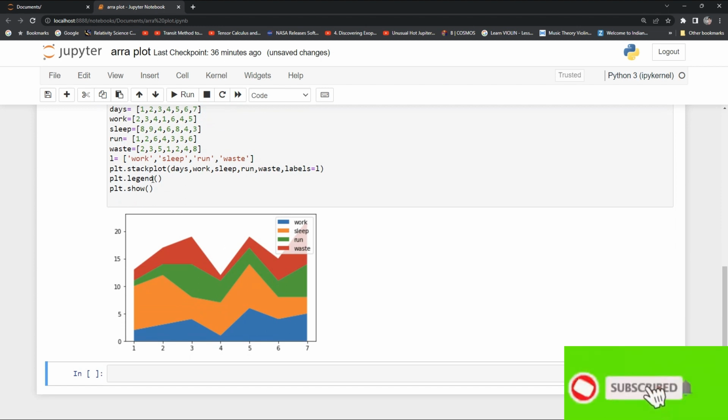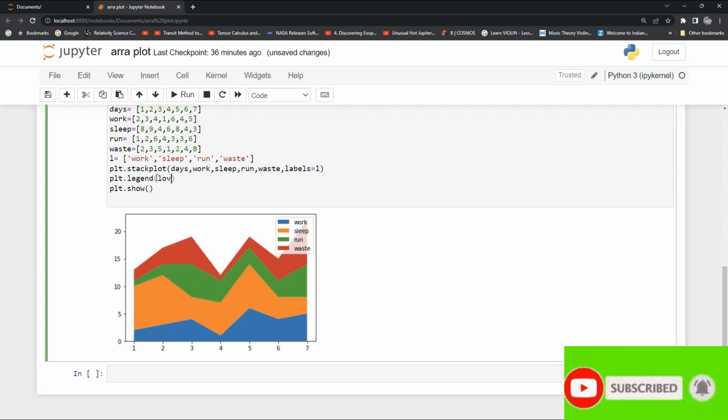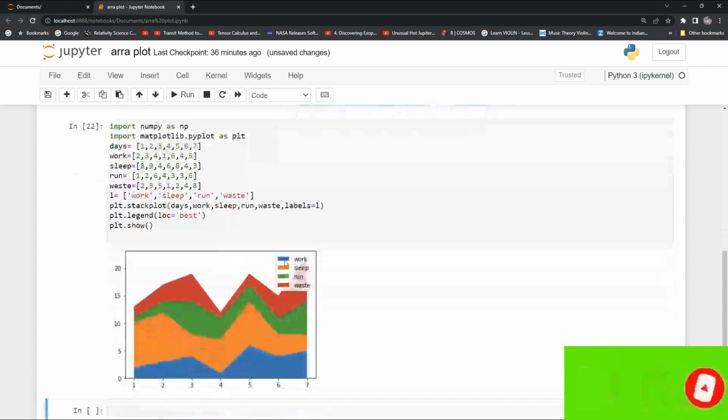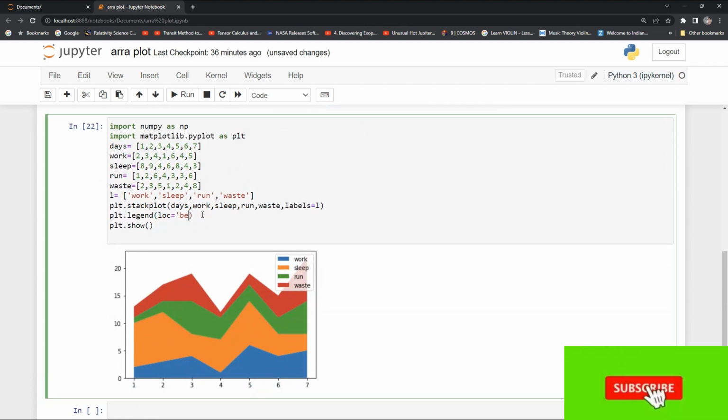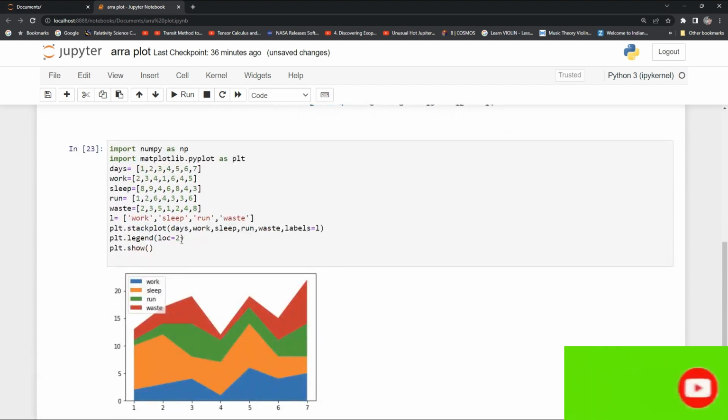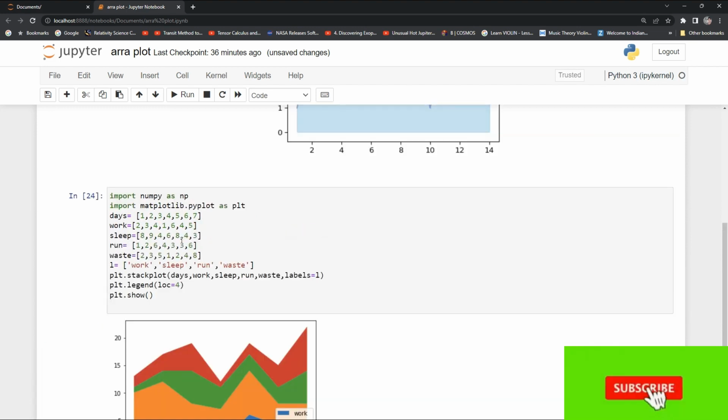You can also give the location if you want. So location you can give from 0 to 10, or you can just type best. Maybe just change the number, location say 2, so it will come here, location say 4, it will be at the bottom,